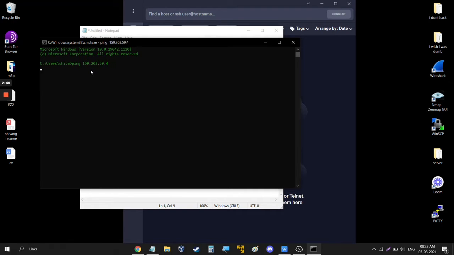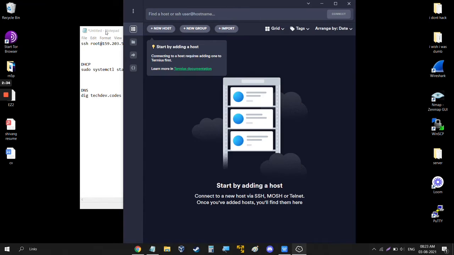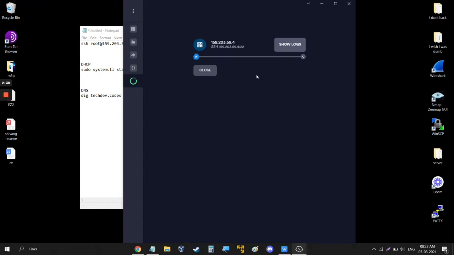And this is our website running, and this is Termius I am using for connecting to our website. I'll show you the DNS and DHCP configuration.